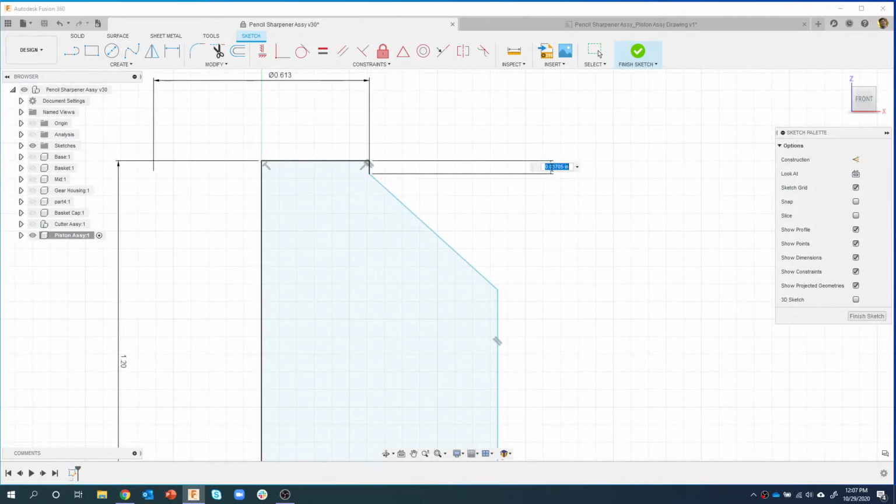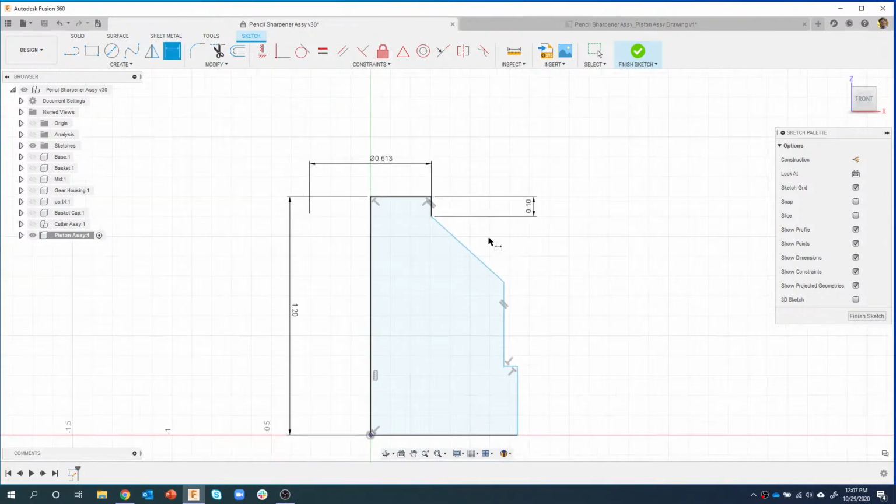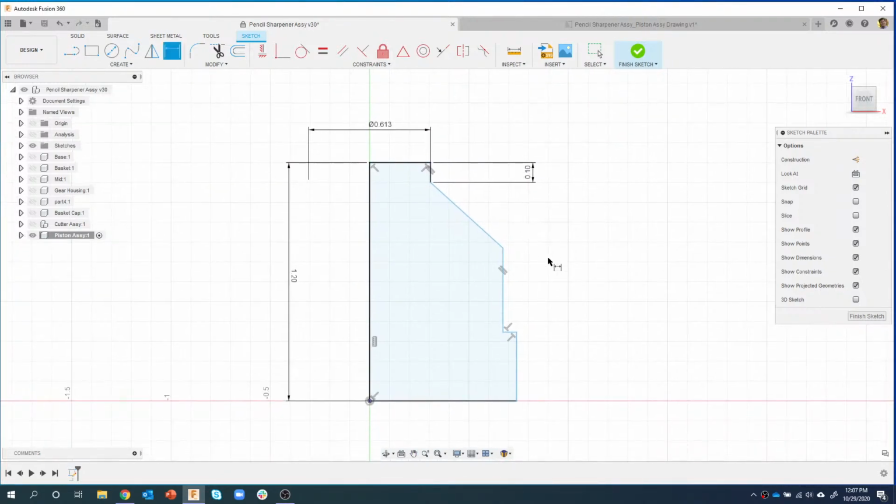I can continue adding other dimensions on here. So this is supposed to be 0.1. You can see how my lines are turning black, showing that they're constrained. Again, I'll do a diameter dimension from here to here. Right mouse click, diameter. And then I'll say that guy is supposed to be 1.13. And then from here to here,